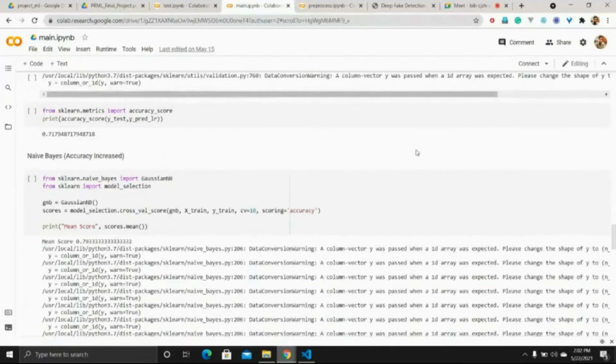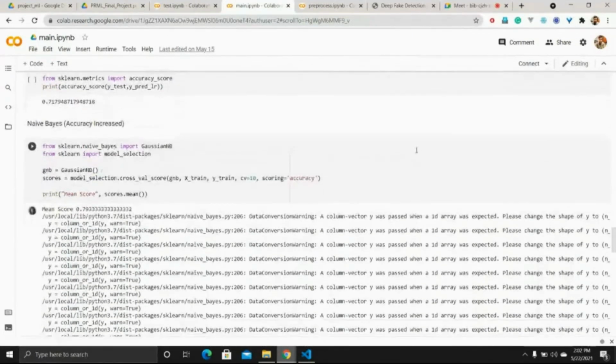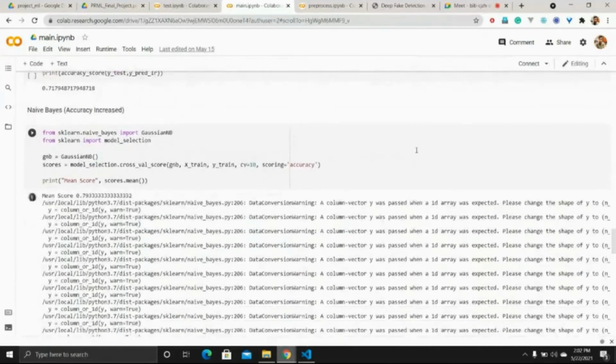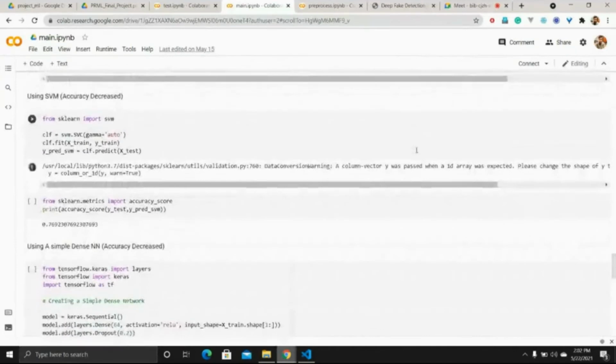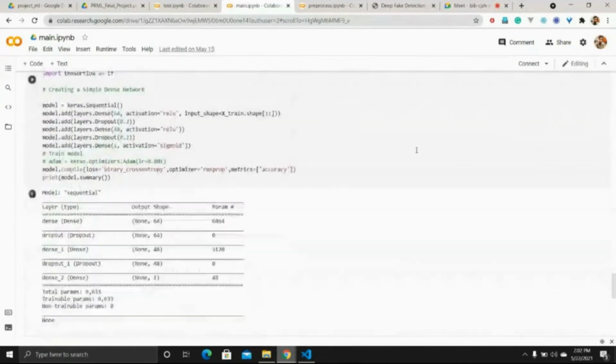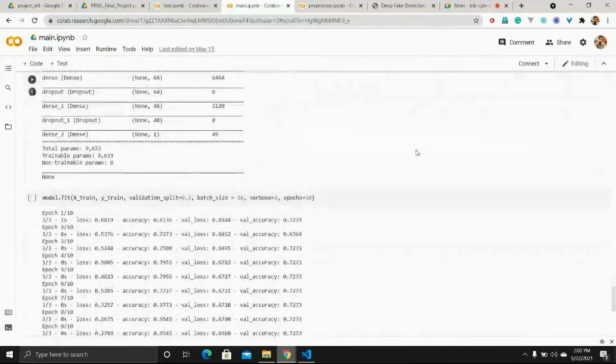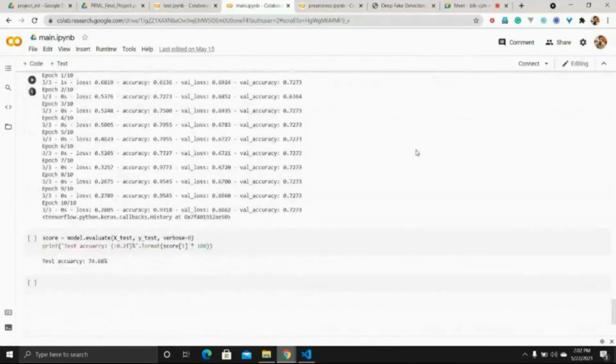The accuracy for Naive Bayes increased from 71 to 79, but for everything else, the accuracy dropped a little bit. And finally, as you can see, for our dense neural network that we trained earlier, the accuracy decreased for this model also. This time the accuracy was around 74%, and earlier it was 80%. So this is all the analysis that we did by training on the data set, and the analysis can also be found in the project report. Now we will go ahead and show you the working website where we have hosted the model and everything. Rohan Singh will explain everything now.